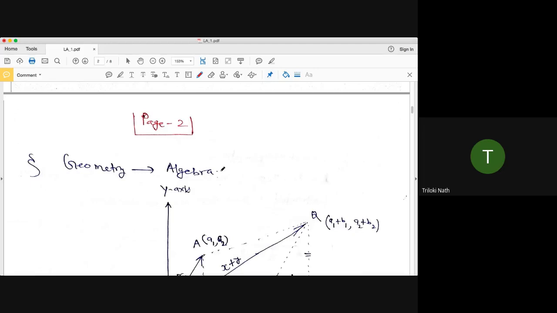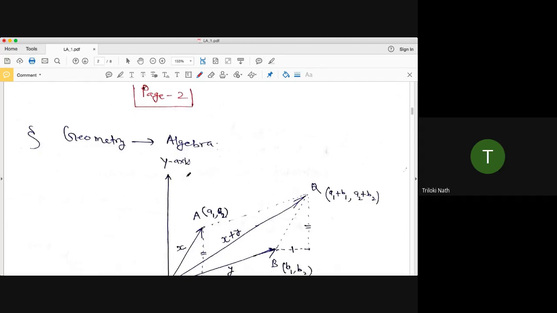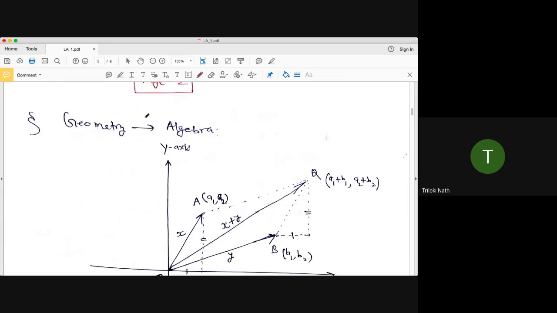Okay, now we come from geometry to algebra. Mathematicians are not going to stop. Geometry takes a picture, but you cannot always make the geometry, because you can make it for 2 dimensions and visualize it for 3 dimensions. But what about 4 dimensions, 5 dimensions, 6 dimensions? You cannot visualize it. So our problem is to convert the geometric aspect to the algebraic aspect.